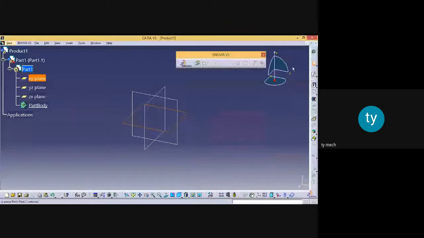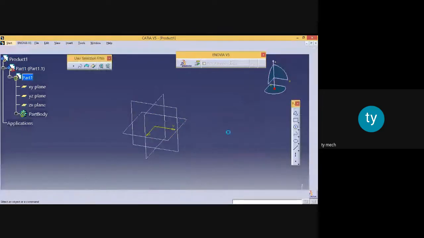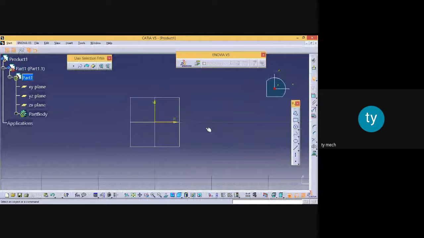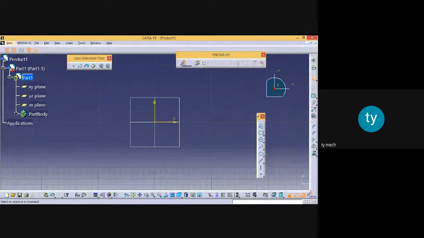So I am selecting this S menu. S means Sketcher. First of all, you have to select the plane, then go to the Sketcher. I have entered the Sketcher menu now. After entering the Sketcher menu, I will have different 2D commands available. Now we can see here, this is a profile menu. P indicates the profile menu, and in the profile menu there is first a continuous line, then a rectangle, then circle, then spline, then ellipse, then line, and then axis.